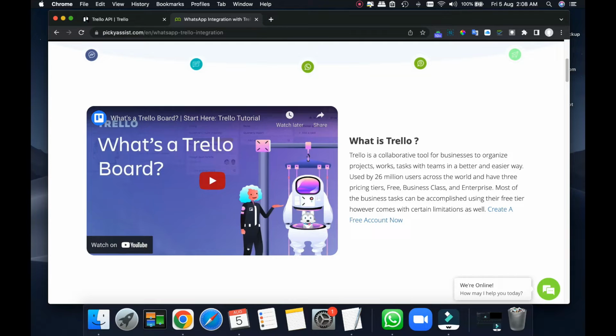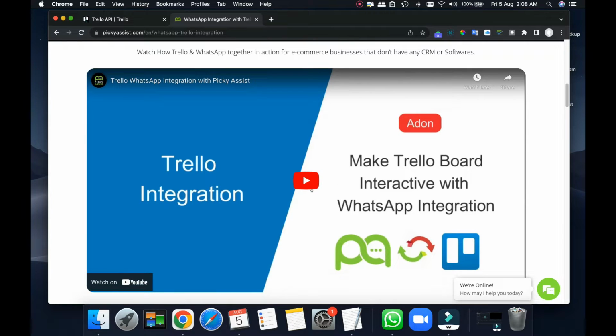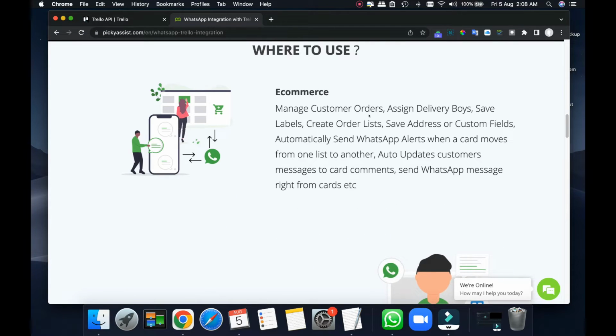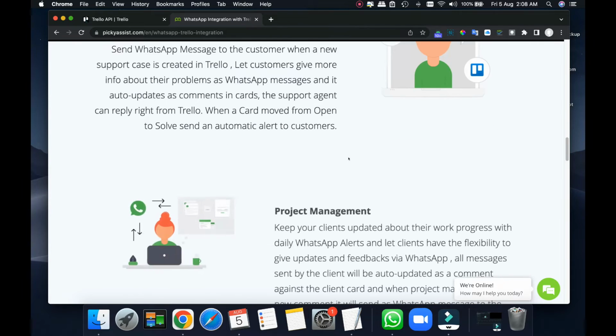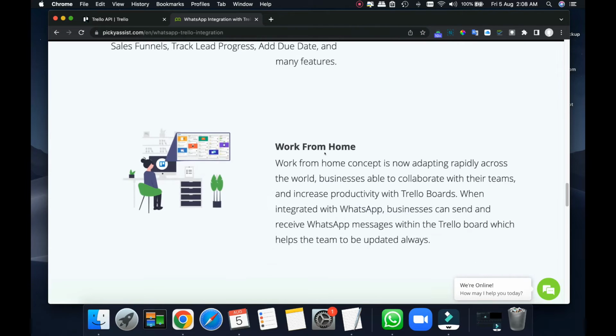An introduction video has been given for those who are very new to Trello, and another video is also available here on how to make your Trello board more interactive with the WhatsApp integrations. There are many use cases covered: e-commerce and customer support, project management, sales and lead nurturing, work from home.